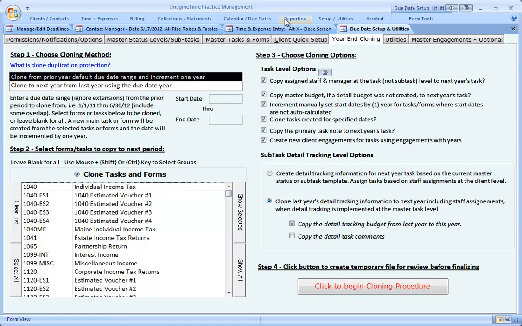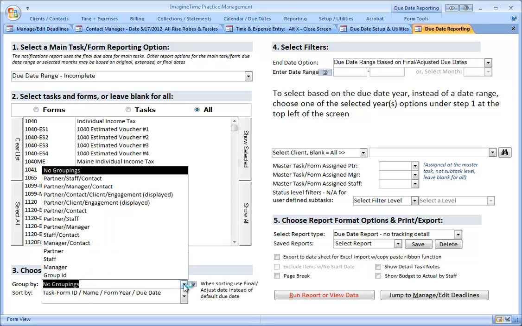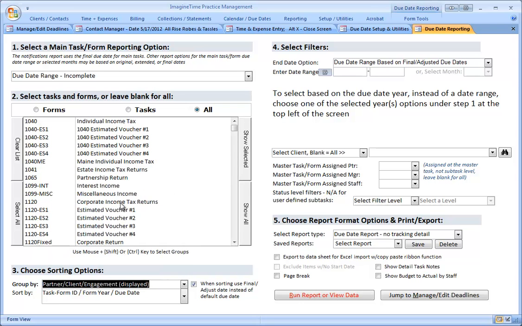Finally, engagements are also integrated in with your due date reporting. There are two special grouping options: partner contact client engagement displayed and partner client engagement displayed. These groupings will now show engagements on the report. So let's go ahead and choose